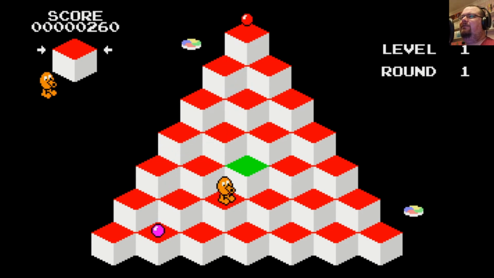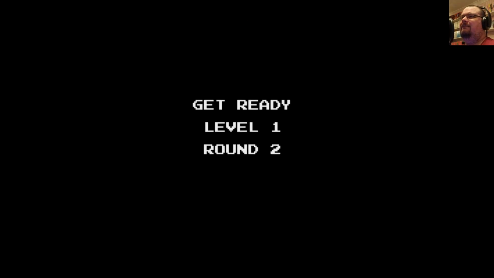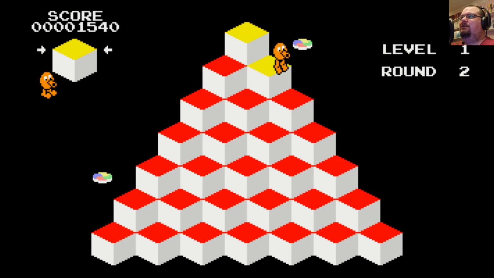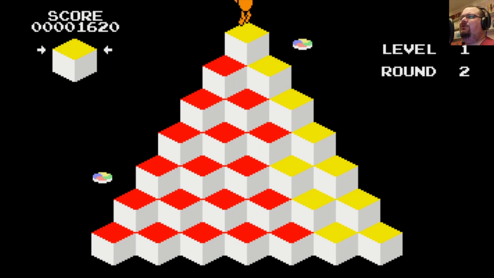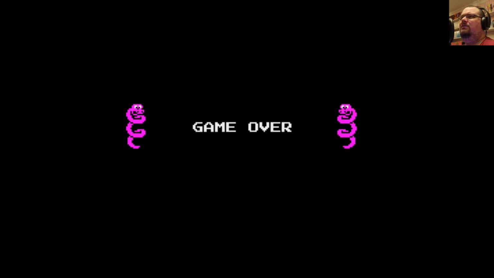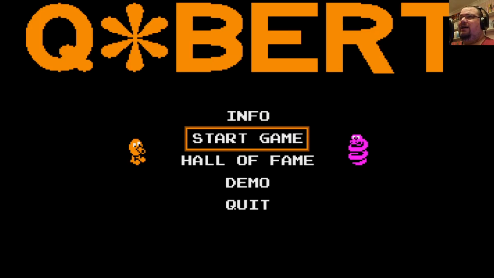It's a shame that there's no sound, but like I say, other than that, it's a competent enough game. It's just not what you might be accustomed to if you're more used to either the arcade original version of Q Bert or the most famous home ports for the 8-bit platforms.